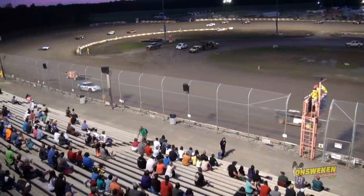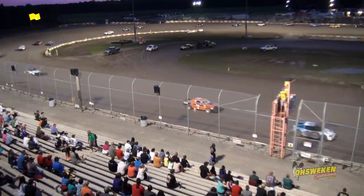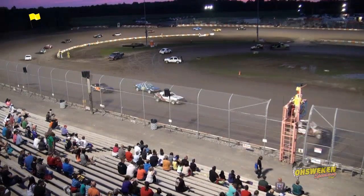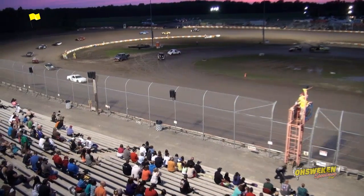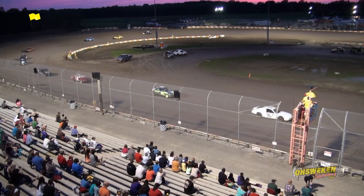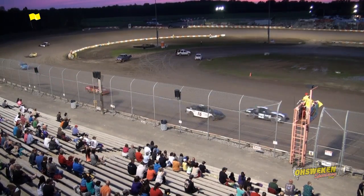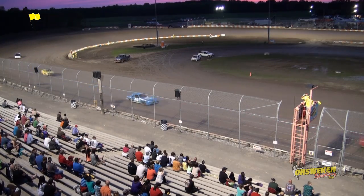Oh, right as that Schutz tail slaps the front stretch wall as the yellow comes out. Did he do any damage to the right rear on the 81? That's the question. Well, it looks like he kind of caught it pretty flat, but the tire has definitely got some scuff marks on it now, so we'll see what that does when the car...